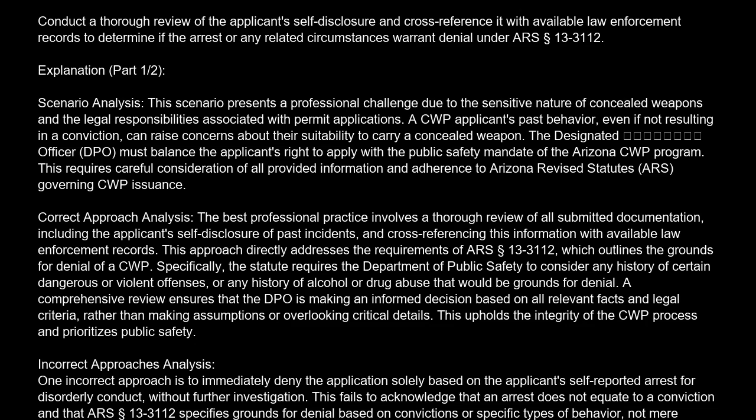The correct answer is C. Conduct a thorough review of the applicant's self-disclosure and cross-reference it with available law enforcement records to determine if the arrest or any related circumstances warrant denial under A.R.S. Section 13-3112. Explanation. Scenario analysis. This scenario presents a professional challenge due to the sensitive nature of concealed weapons and the